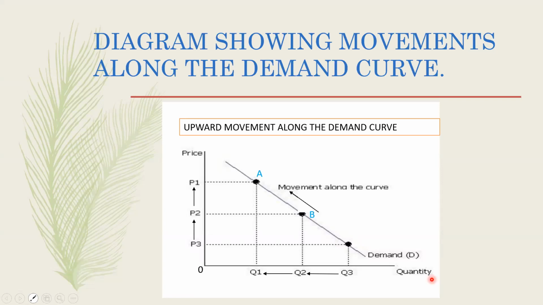And please, if you have a red ink pen, I've always told my students this, and it helps them out a lot. Take your red ink pen and just write in your book, only price causes movements along the demand curve. Highlight it, put it in capital letters, do whatever. You can write it all over your econ book if you have to, but this is very important to note,